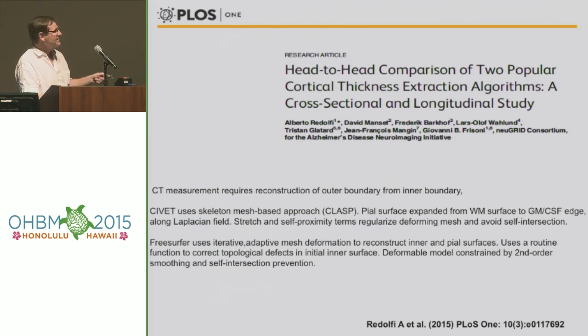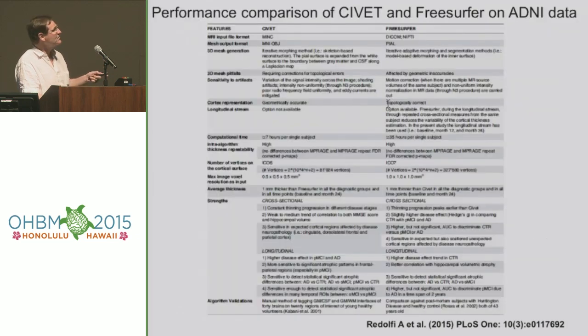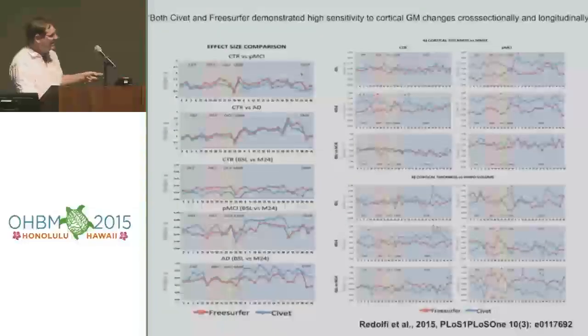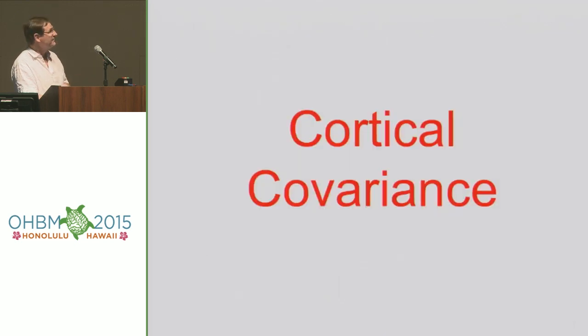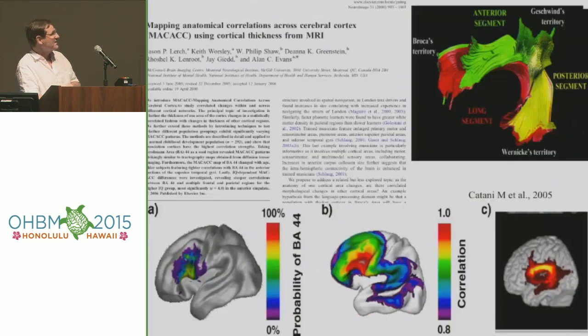And I'll close with just a recent comparison of two of the more prominent tools which are out there, the Civet and FreeSurfer, which differ on many aspects, which makes it always difficult to compare exactly why they might be different. But the important point to take away from this analysis is that both Civet and FreeSurfer demonstrated high sensitivity to cortical gray matter changes, both cross-sectionally and longitudinally. I'm going to skip covariance